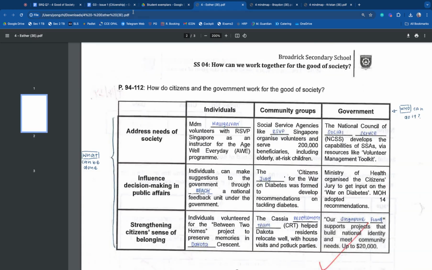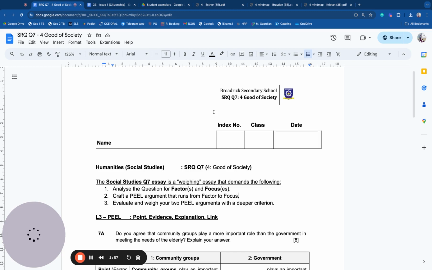The second thing you might want to have with you for today's essay practice is your textbook, as usual. And you want to flip here to page 94, which is the start of the chapter. If you have already read the whole chapter and you just want a summary, page 114 is the summary of the whole chapter. So there are many resources available to you to start off your work for today.